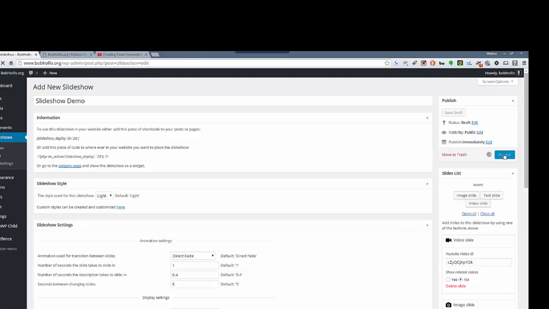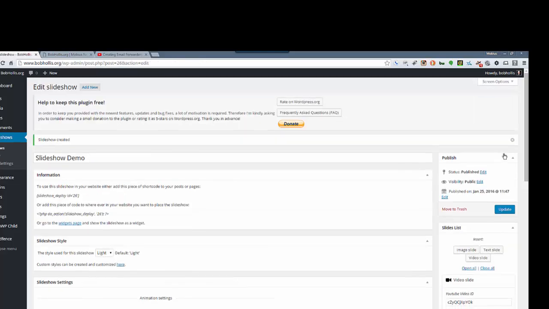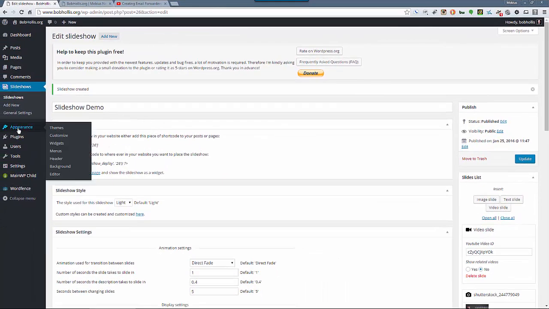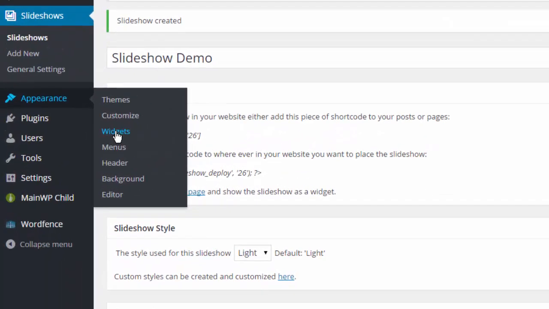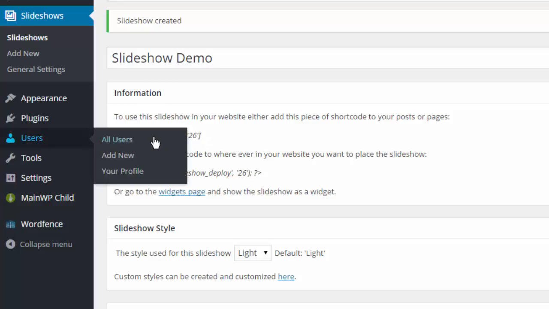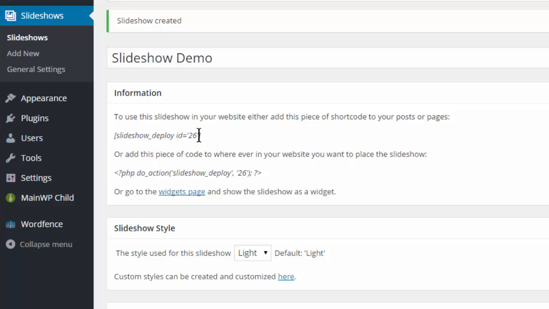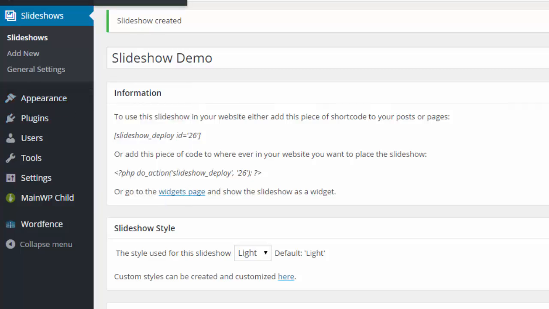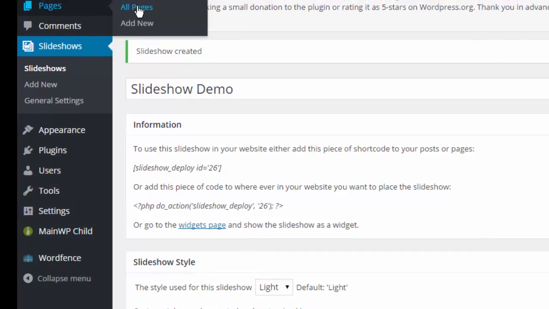Now this just does not put the slideshow live anywhere on the site at this time. In order to do that, I need to decide where I want it, and I can either go into widgets and I can add a slideshow widget, or I can paste that shortcode I previously showed into a widget that accepts shortcodes. And then the other thing I could do is go into a page or a post and put the slideshow there directly. So for example, if I go to all pages,